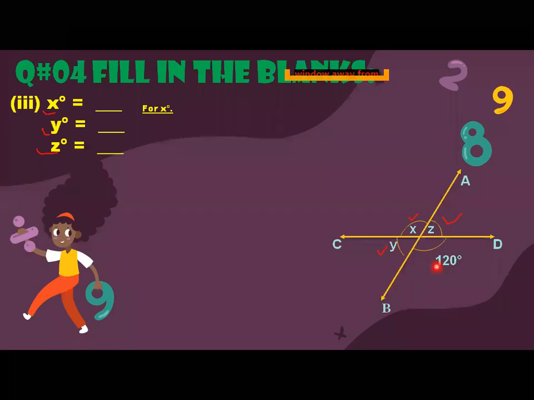X is equals to 120. So what you will do, according to vertical angle, simply you will write down the postulate here. First, you will write down this postulate according to vertical angles. Okay, you are going to find out X with respect to vertical angles. So you will write according to vertical angles, X is equals to 120. Means if this one is 120, so this will be automatically equals to 120. Okay.